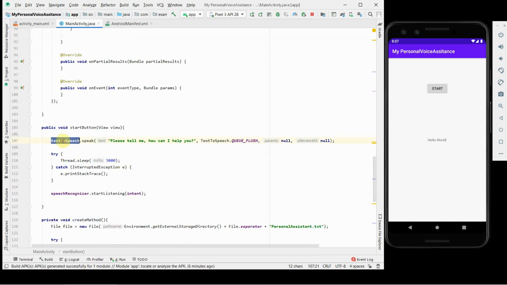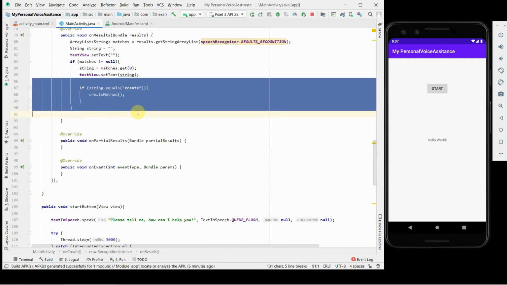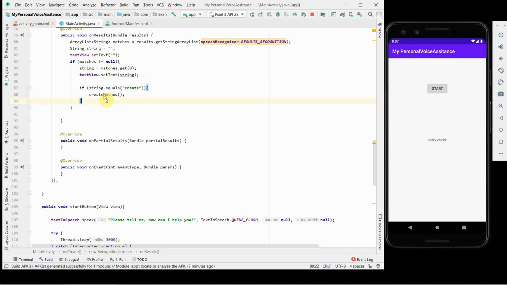So what we are using over here is two things. One is text to speech and one is the speech recognizer. Text to speech is the voice which your phone will speak to you. You can hard code the text whatever you want it to speak, or you can create some kind of database based on artificial intelligence methodology, and it will pull out these strings at runtime to interact with the user. Based on the user input you can again have some kind of logic or algorithm implemented here. I have shown just one if else statement, but you can have a series of switch case